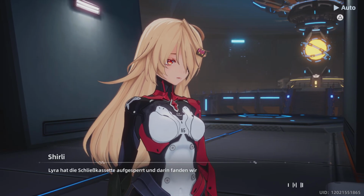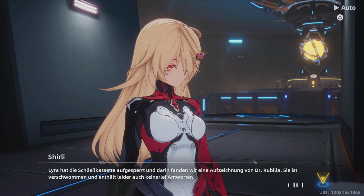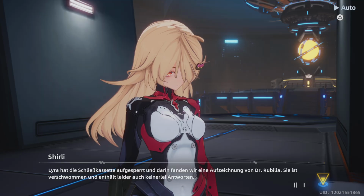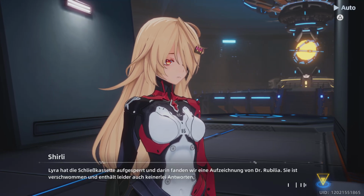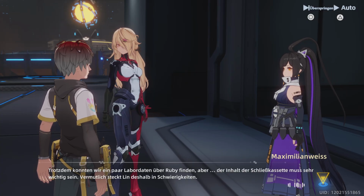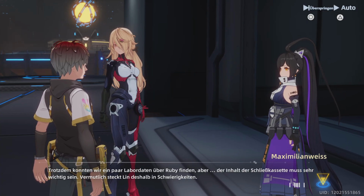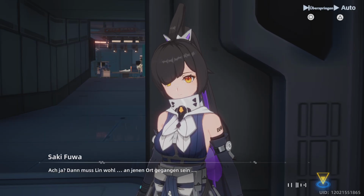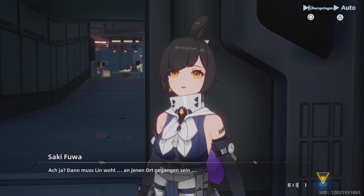Miss Lyra unlocked the lockbox, and we found a recording left behind by Dr. Rubilia in there. It's blurry and, unfortunately, doesn't shed light on anything. Despite that, we found some lab data on Ruby, but what's in the lockbox must be crucial. That's probably why Lin is in a bind right now. Is that so? And Lin must have gone to...